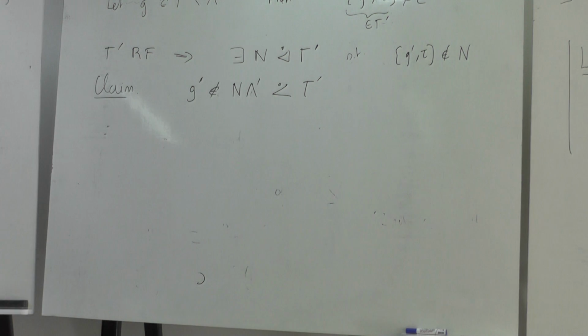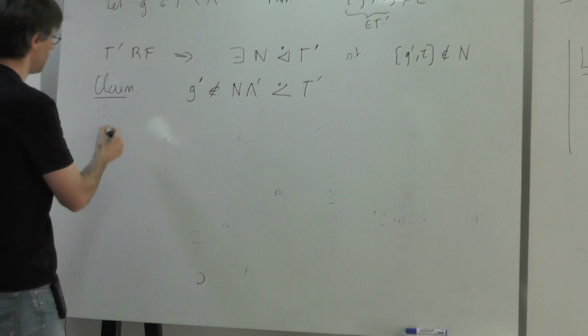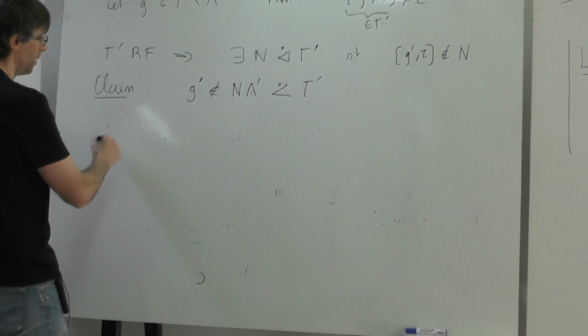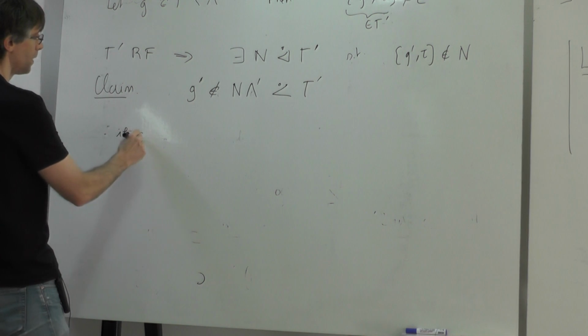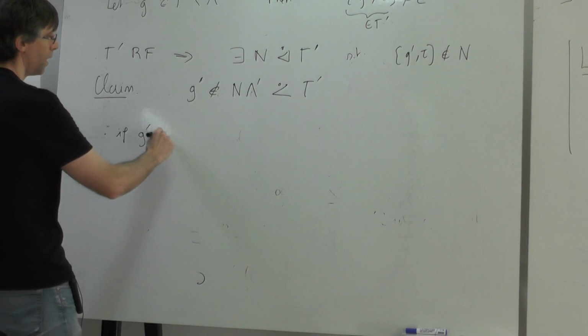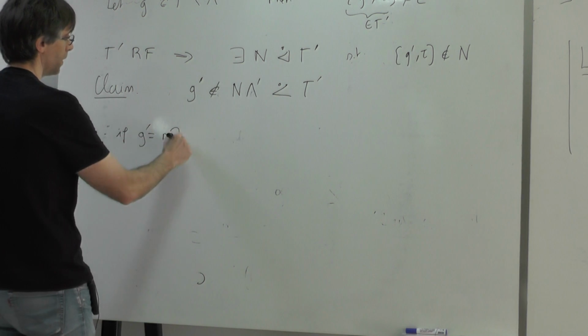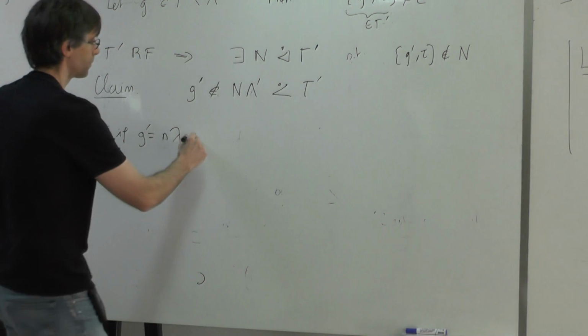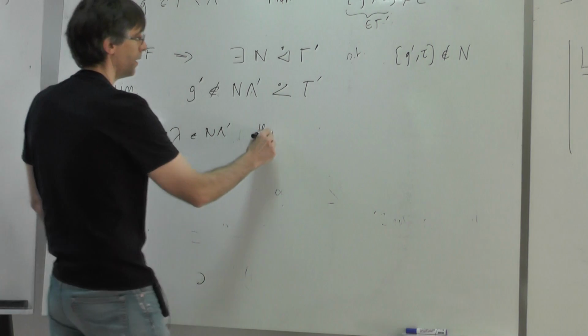So why is it so? Because if you write g prime equal n lambda, then